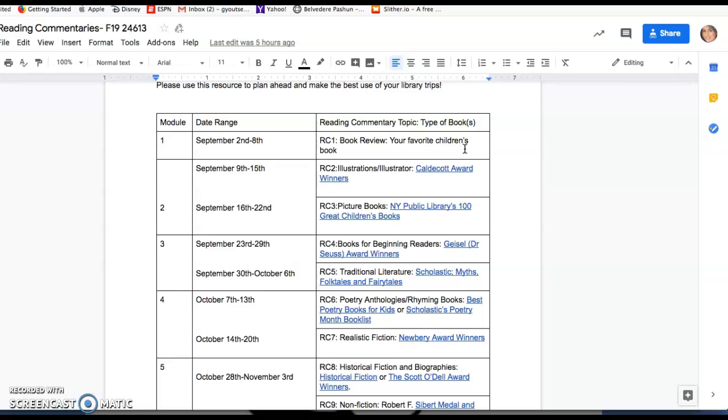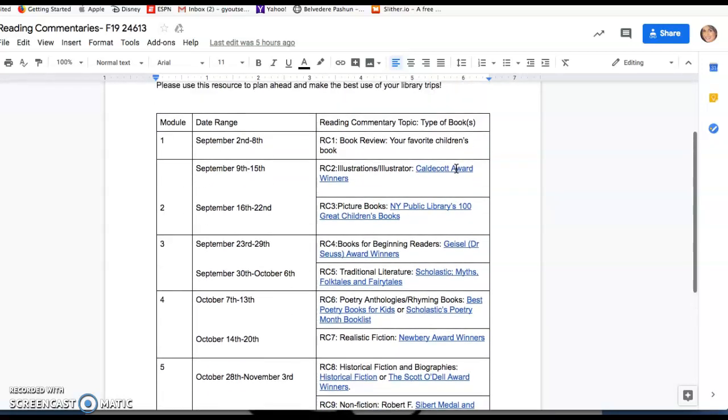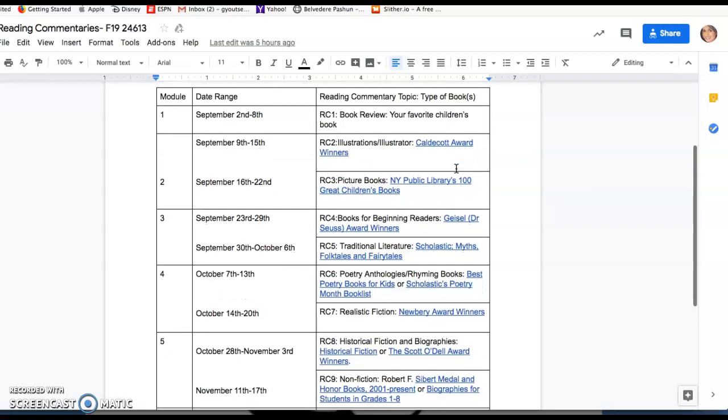So just whatever your 2 favorite books are. And again, if you have children and they have favorite books, you can use those as well. But then going into the next reading commentary, the focus would be on Caldecott winners. So going forward, you can see all of the types of books that you are to check out do provide